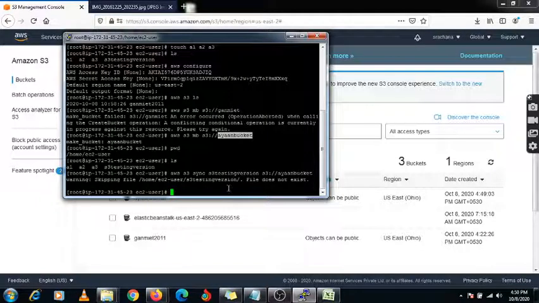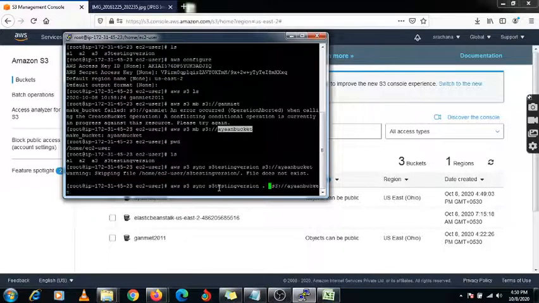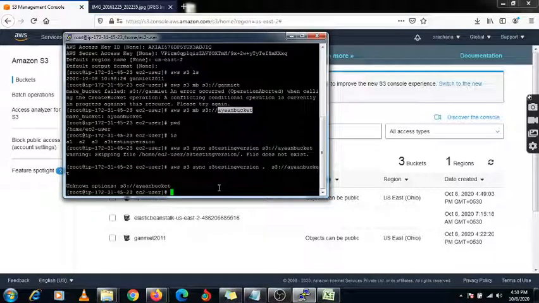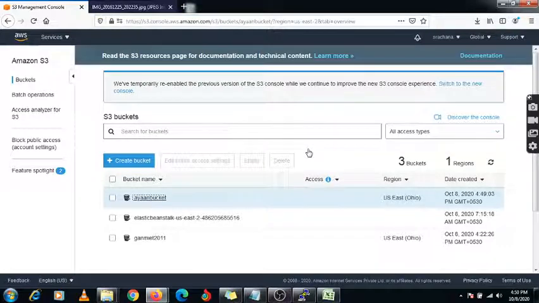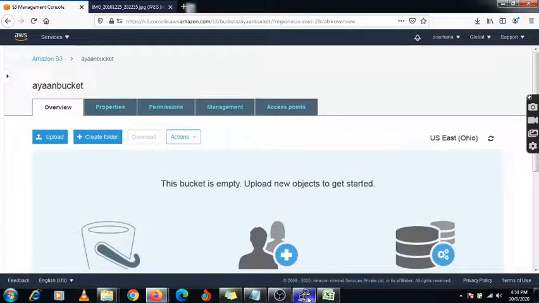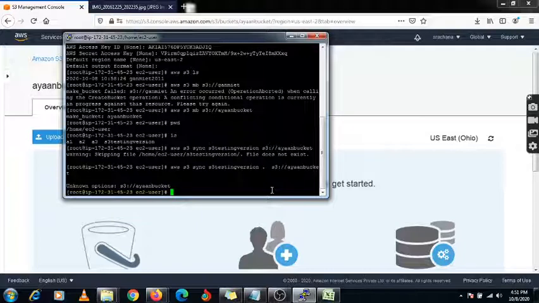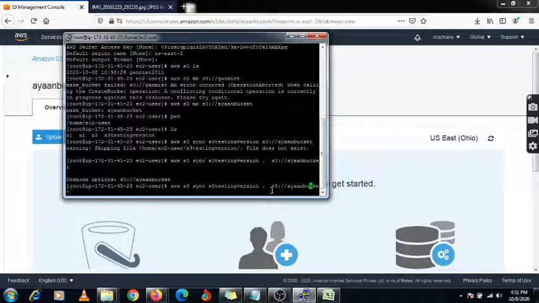Now it is saying okay, dot we need to mention. Okay, here we need to mention dot. Okay, now let's check whether the ion bucket has some data or not. Yeah, there is no data yet. I'm checking it with another command. That is, all data we can keep under this bucket.